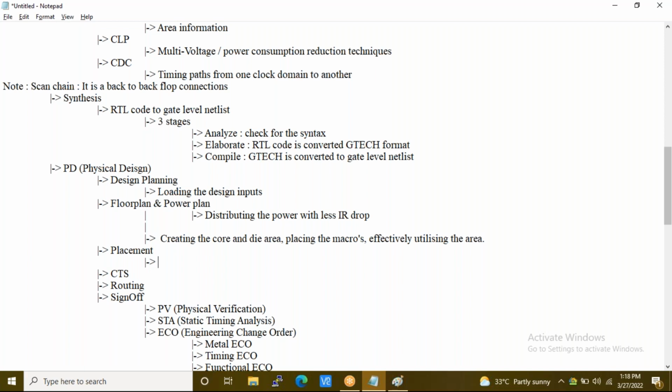Placement means placing the standard cells inside the core area, based on better timing, power and area.